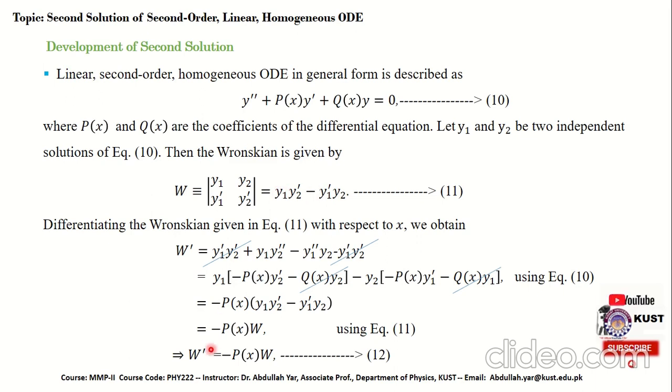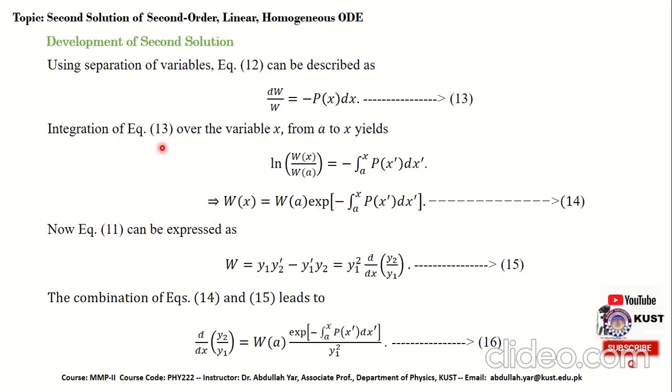That way we obtain y prime equal to minus p of x w. Now this is a first order homogeneous ordinary differential equation, which can be solved by using the separation of variables, leading to dw divided by w equal to minus p of x dx. Now equation number 13 can be integrated over the variable x from a to x, yielding natural log of w